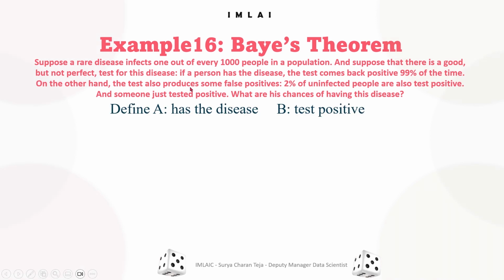So let's define the parameters. A means has the disease, and B means test positive. Okay, so now let's say probability of A is equal to 0.001, and probability of A complement is equal to 0.999. Then probability of B given A, the probability of the test positive given that the person has the disease, is 0.99. Probability of B, test positive, given A complement, that is the person does not have the disease,